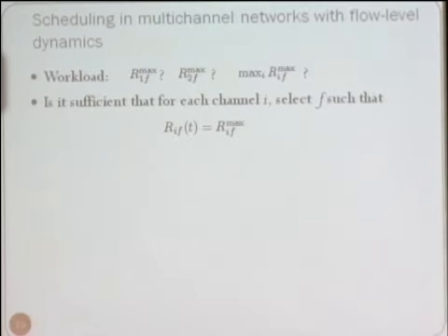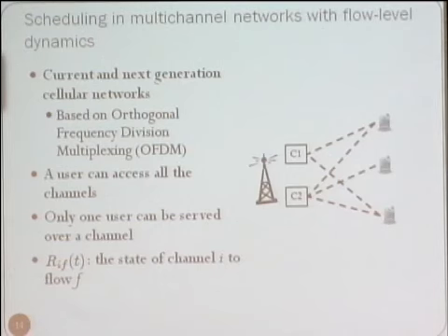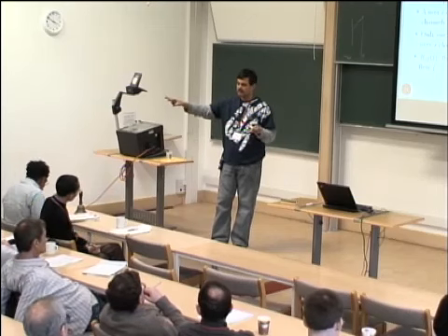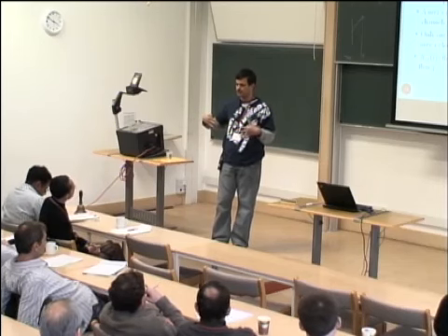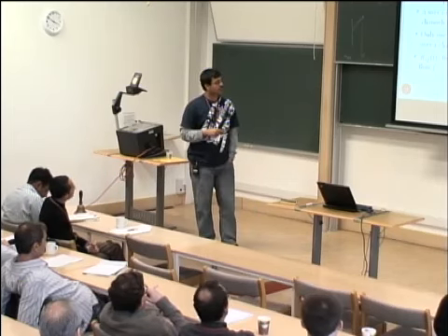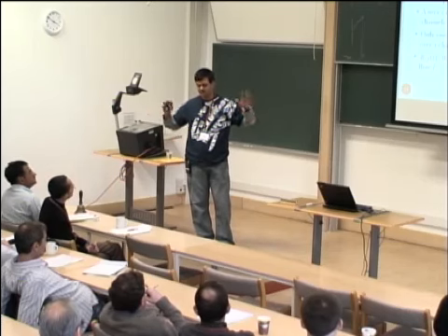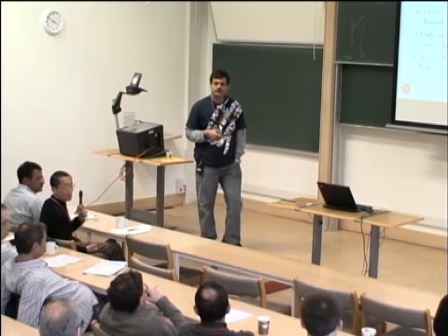Is it the network that decides, or the user? Sorry, yes, the network decides that. So in this model, the base station is the one that controls everything. The base station gets feedback about the state of all the channels in the network, and it knows the queue lengths of all the users, and then it decides how to transmit. The question of how to do this in a distributed fashion, if there is no centralized controller, is a much harder problem. And your R_if, they're still independent across flows?